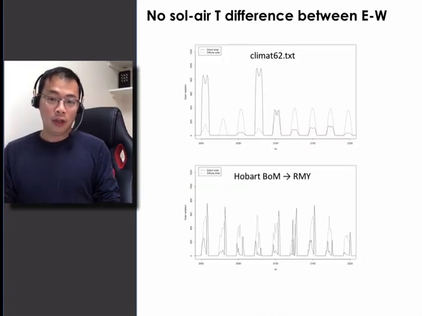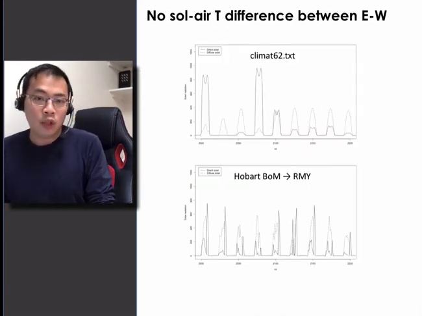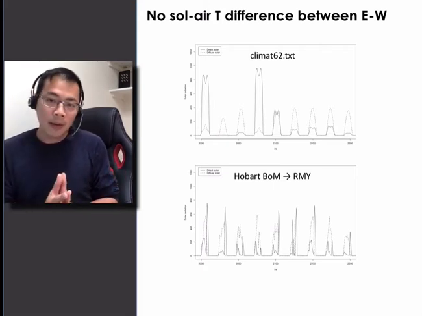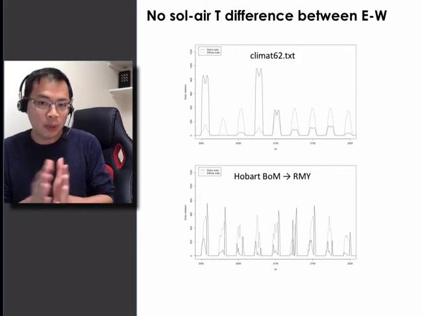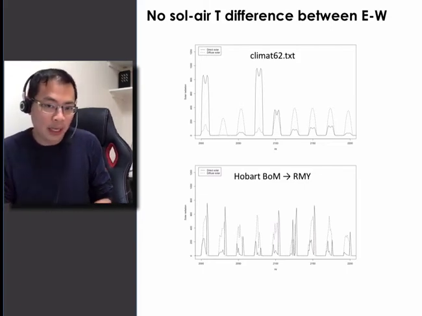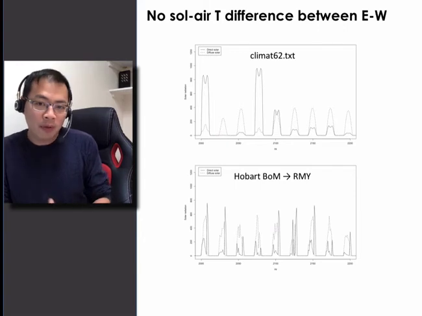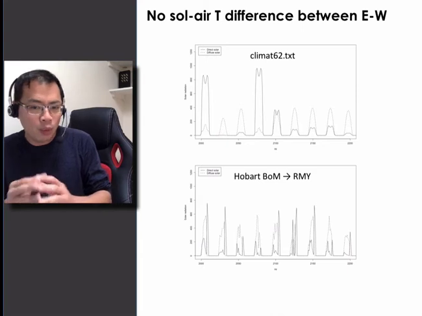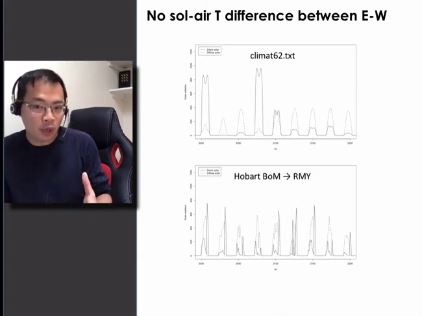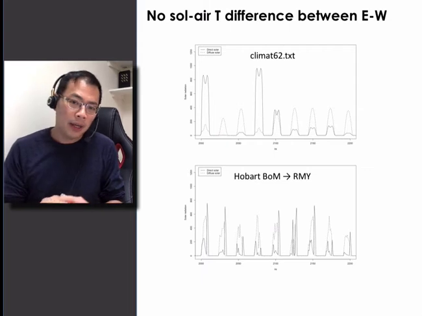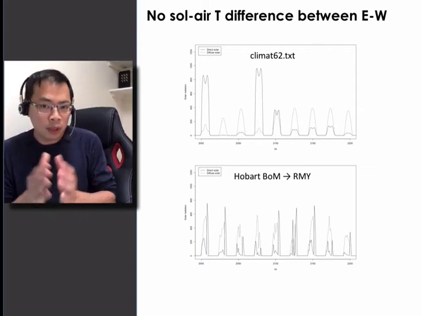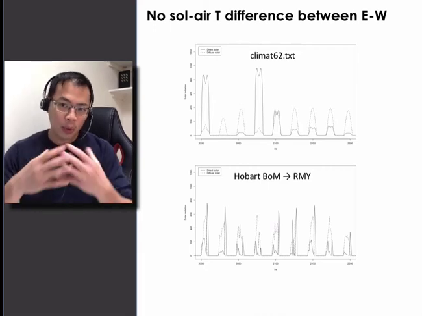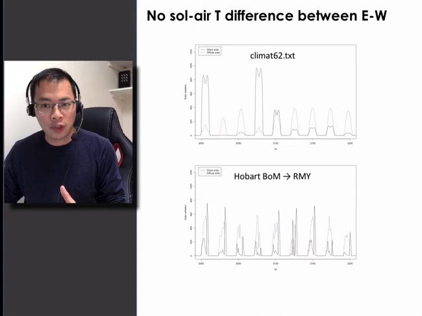So this is looking at one building, and the next step we wanted to do was to look at how we could introduce soil air temperatures into the mix. We found that there was no soil air temperature difference between the east and the west. When we investigated the climate files more closely, we found that this particular climate file had a perfect symmetry between the morning and afternoon, which was very different from the Bureau of Meteorology record found below. That was another reason for us to feel that it was much more important to look at a BOM record than to use the embedded files if we wanted to do an hourly condensation risk